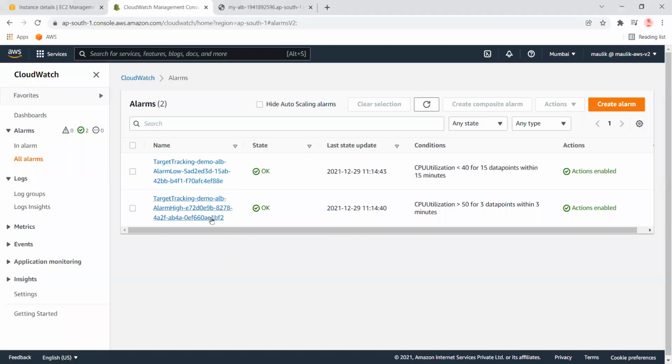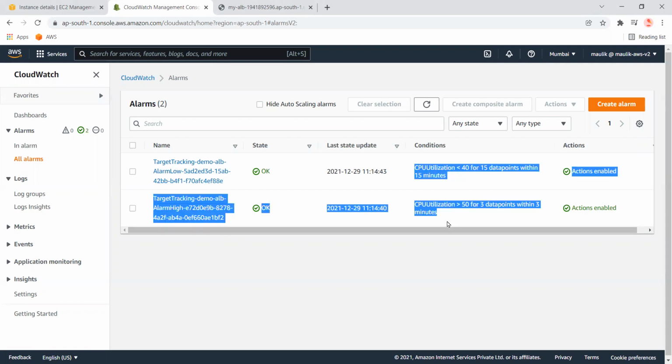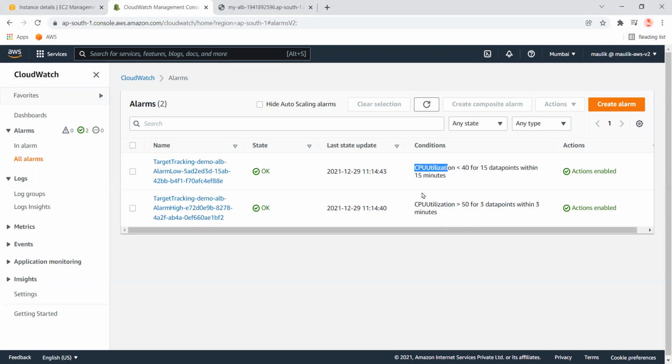Also, as I already said, these two alerts are created by the variables by default. We cannot edit them, and these conditions are again not editable. Okay, you can see that for this scale up, the data point is 3 within 3 minutes, and it is quite fast. So in case the CPU goes up, it can immediately add the instances quickly.